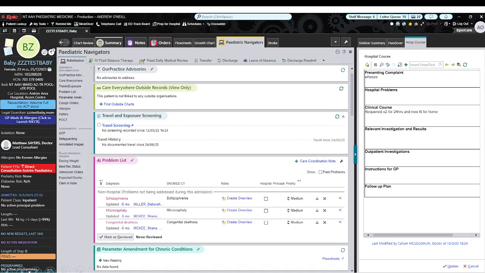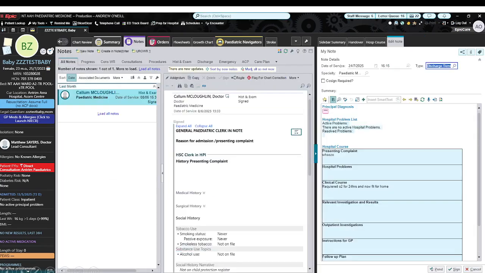And then the follow-up plan is, say for instance, a patient needs to be reassessed by a certain consultant in a certain time frame, you might want to put that there. Or if another clinic or specialty might be seeing this patient, you might want to put something into this part of the follow-up plan. So you'll quickly just update this part of the hospital course, and then whenever you're actually putting in the discharge,